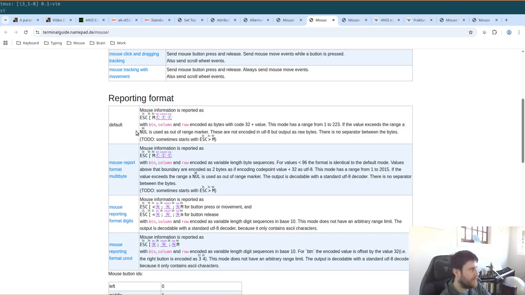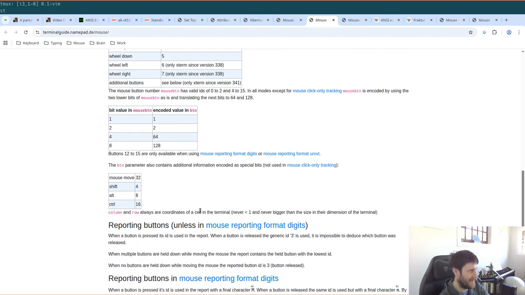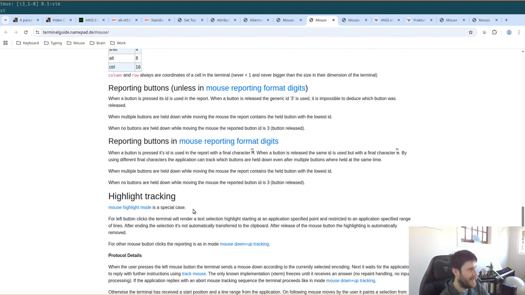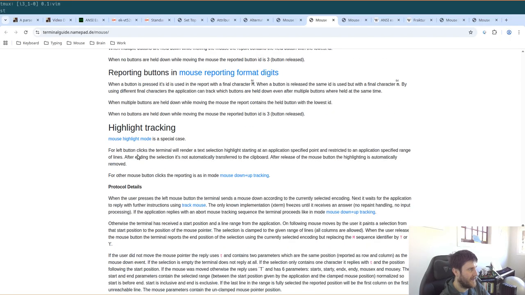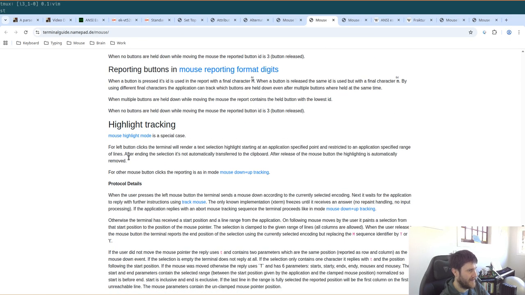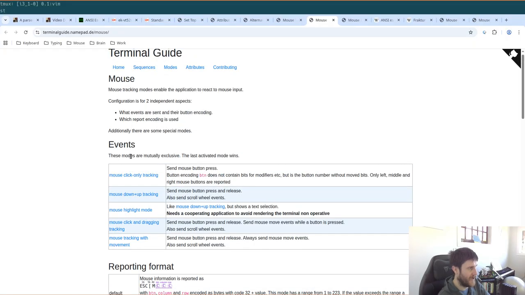And yeah, it's kind of interesting that there's so many different modes. So yeah, I think what we need to do